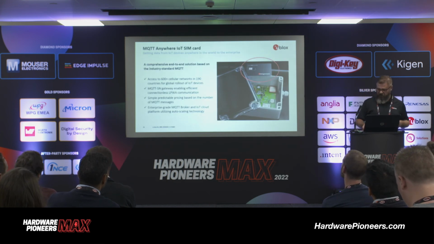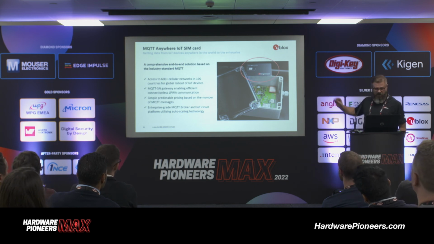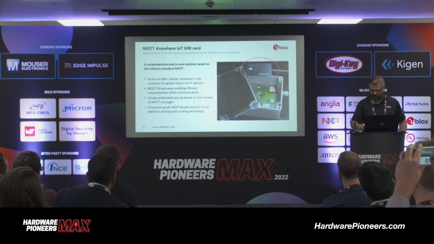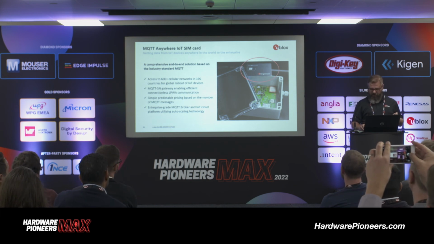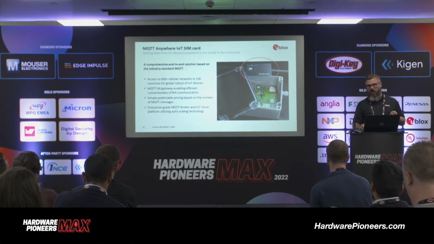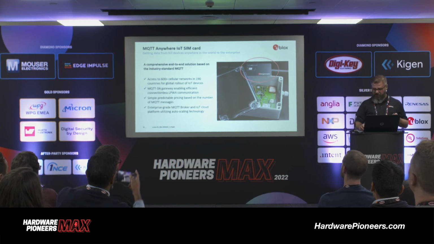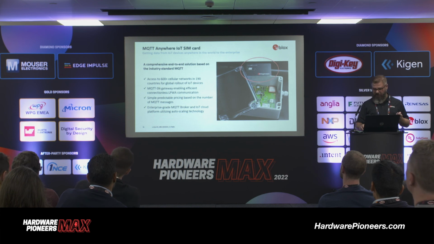So what's in the box that enables this? As you can see, that's not actually the box that Mike was holding. It's a similar kind of device. Alongside the cellular modem is a u-blox MQTT Anywhere SIM card that provides access to our IoT Communication-as-a-Service solution. And that's what allows CompAir to get the data from these air quality devices to the cloud.